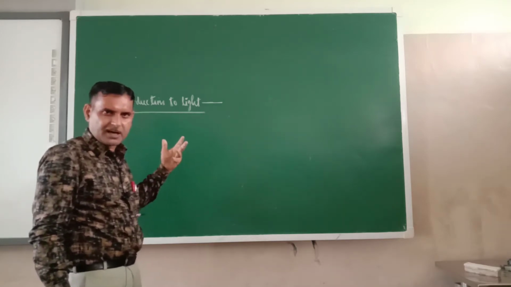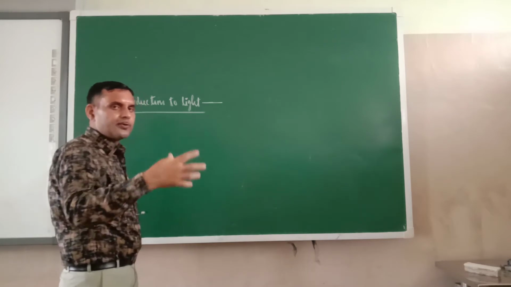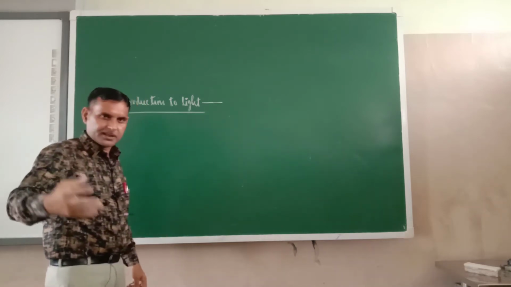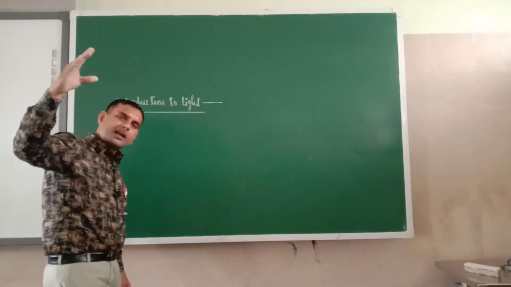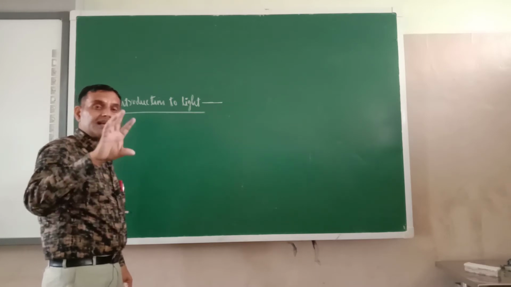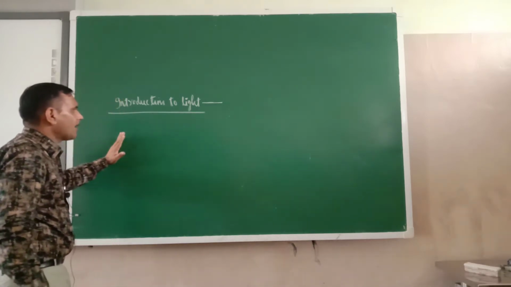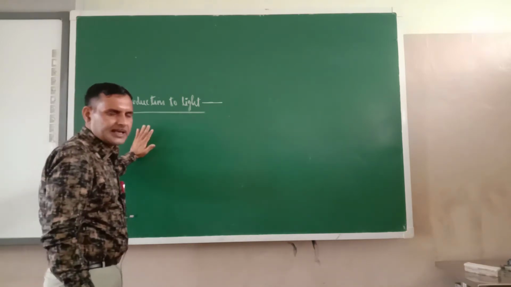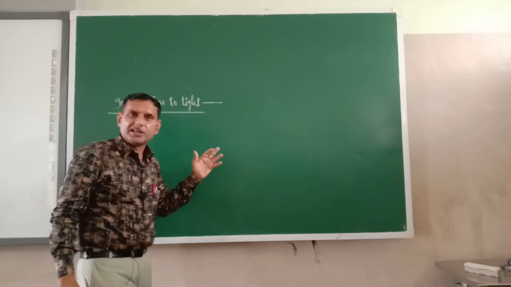When light is produced by any source, it can reach very large places. It depends upon the intensity of the light. So try to understand, light is one type of physical quantity, you can say. Light is nothing but a physical quantity which is produced from heat.